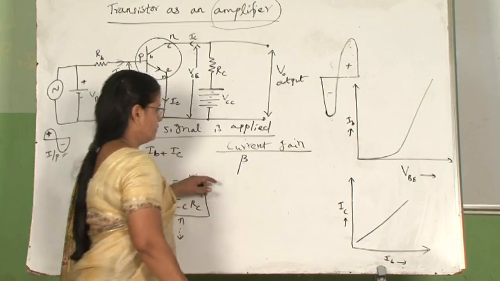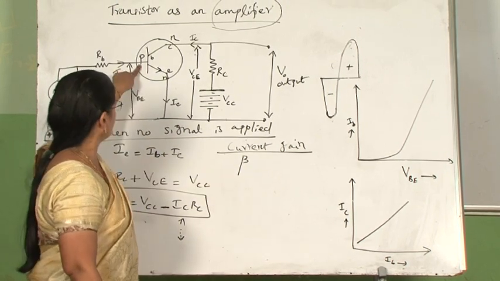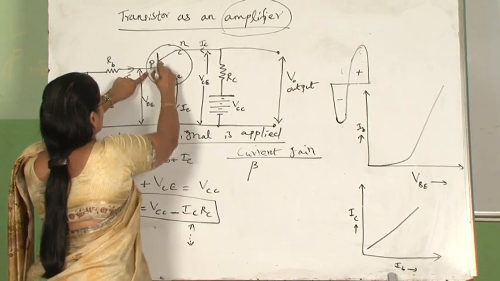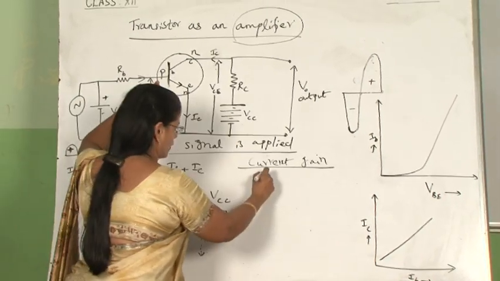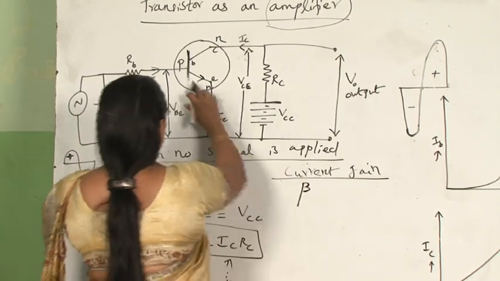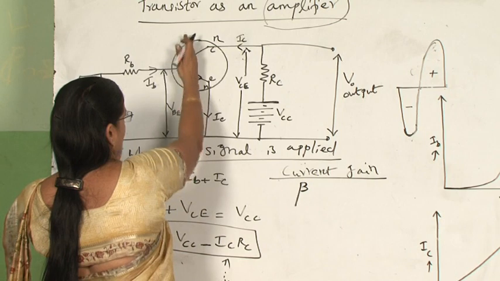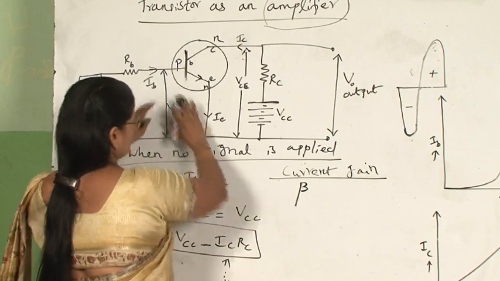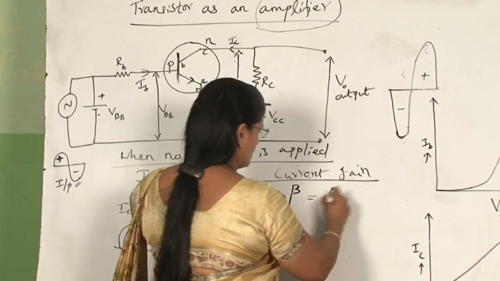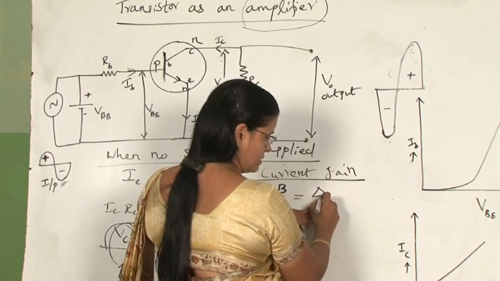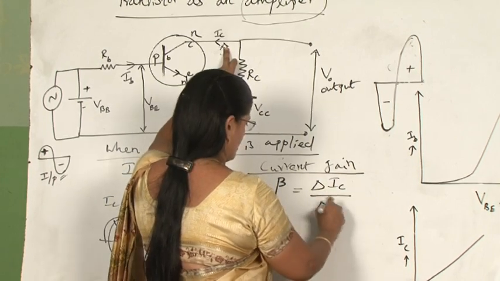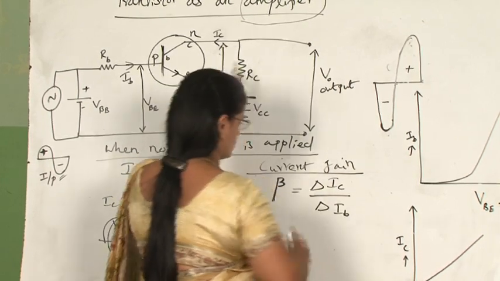The symbol for current gain in common emitter configuration is beta. If you see here, the base is represented by this vertical line and the current gain is also written like B. So, base is the input section. So, we represent the current gain here as beta. This will be delta IC, I said it is output current. So, what is output current here? Collector current, and delta IB is the input current.